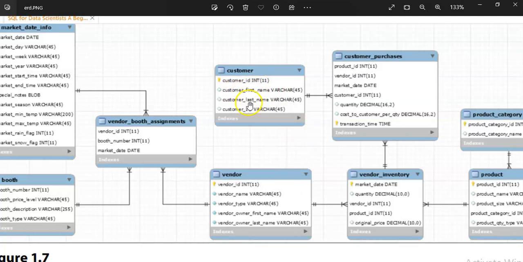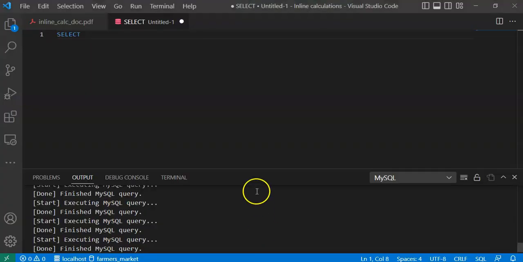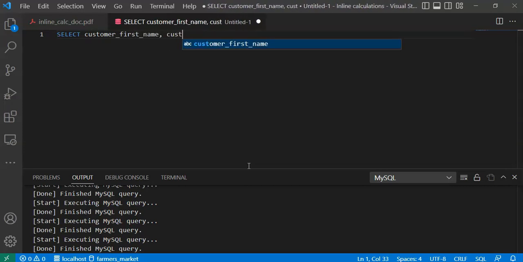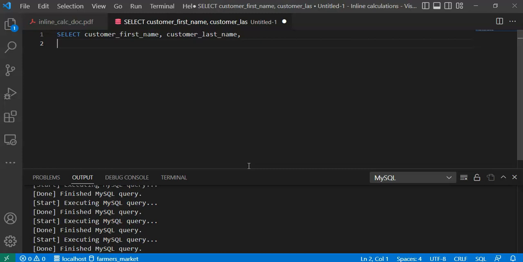We want to combine first name and last name to give the full name. We can use concat for that. So we can say customer first name, customer last name. Then we'll concat